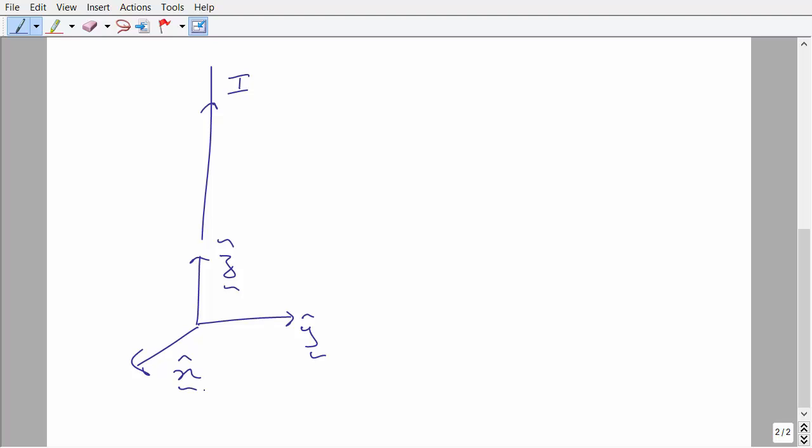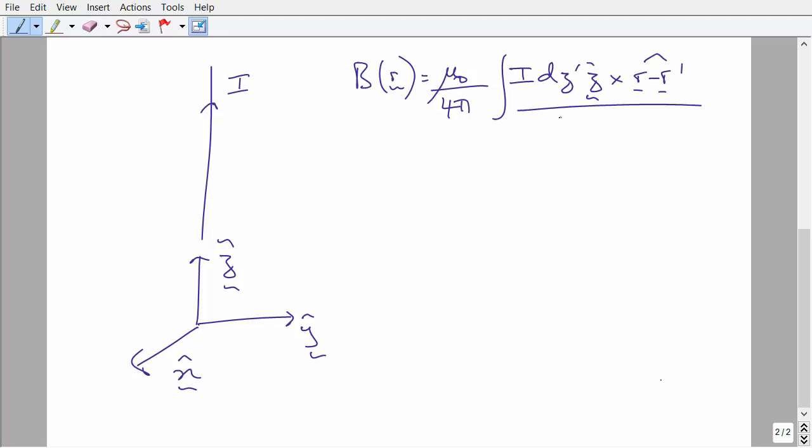Okay, so the current is along the z-axis, and if we were going to use the Biot-Savart law, of course, we'd be tempted just to do it in one dimension in the following way. Okay, so we could write such an integral down